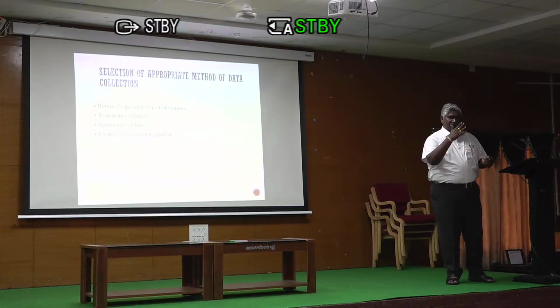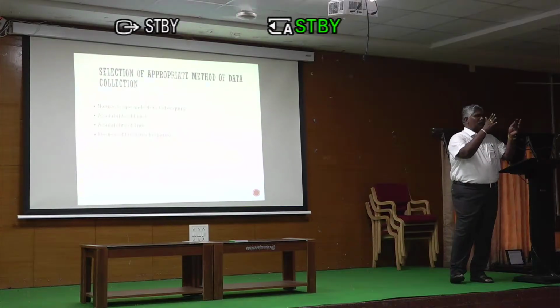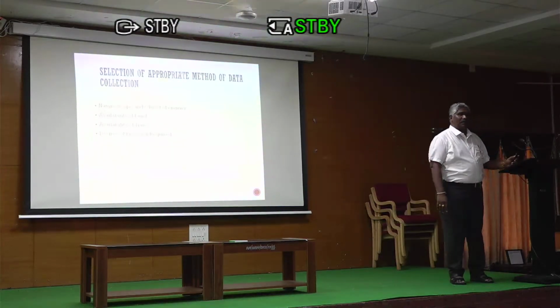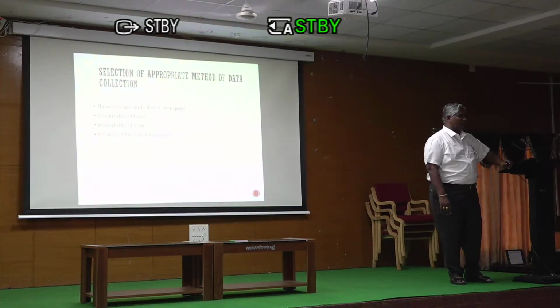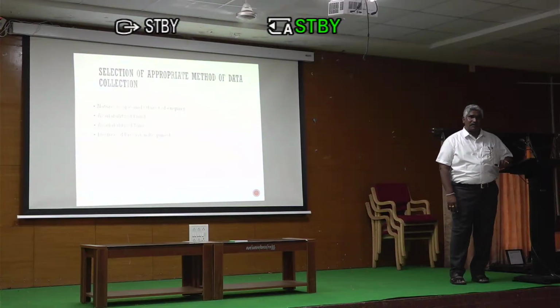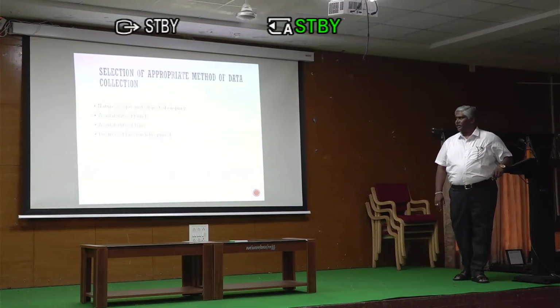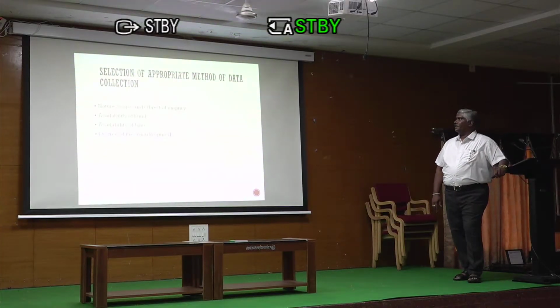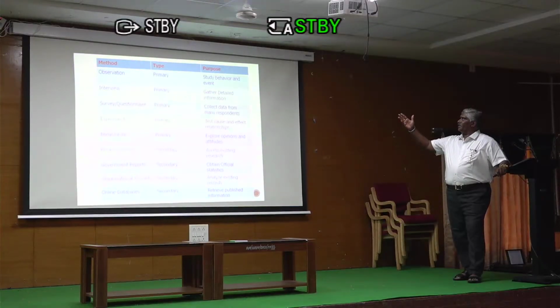In the same way, the chapter 1 of the research helps the research scholar to move in the right direction, in the right way, in the right path, for the right cause, to draw the conclusion of your research. That's why. The next one, that is the method, type and the purpose.